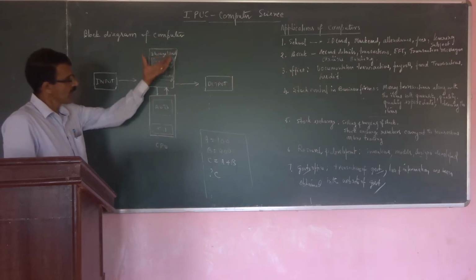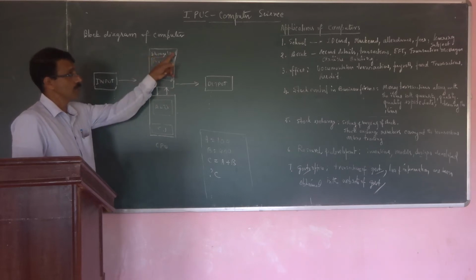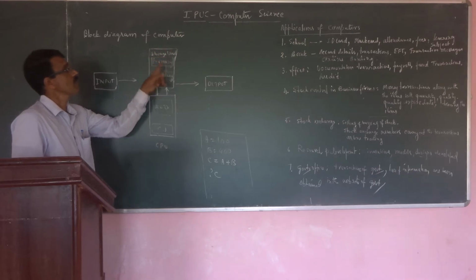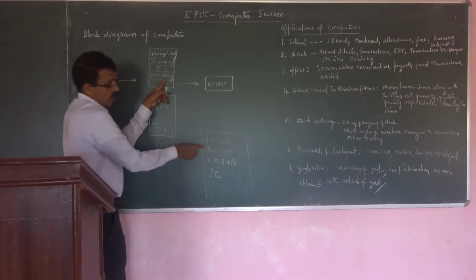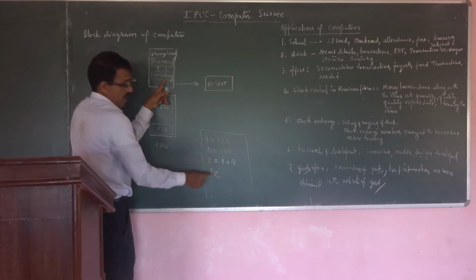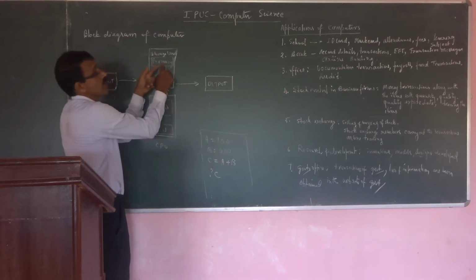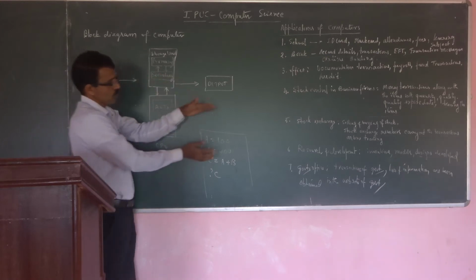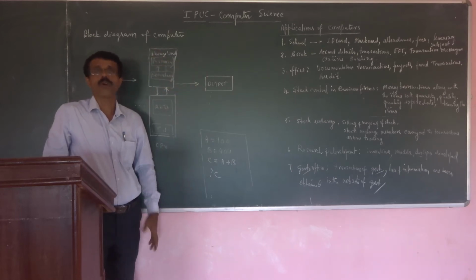So easily you can identify all the activities of certain devices. Under the storage unit, two types of storage devices are there, primary and secondary. The process I marked here, A is equal to 100, B is equal to 400, C is equal to A plus B, and what about C? These steps use primary memory. And what about the secondary memory? For example, if you constructed a program, you need to store it in some other storage device for further use.